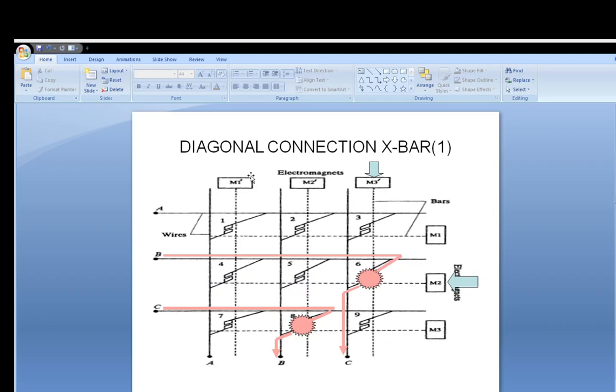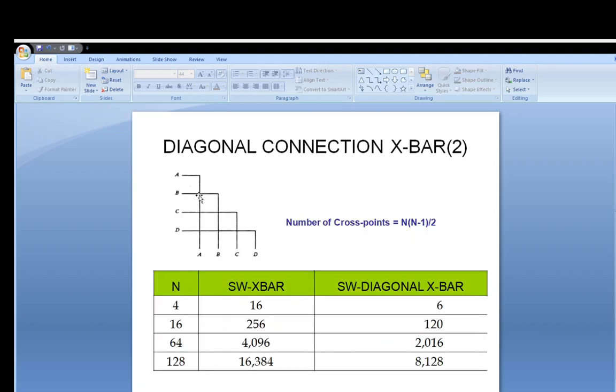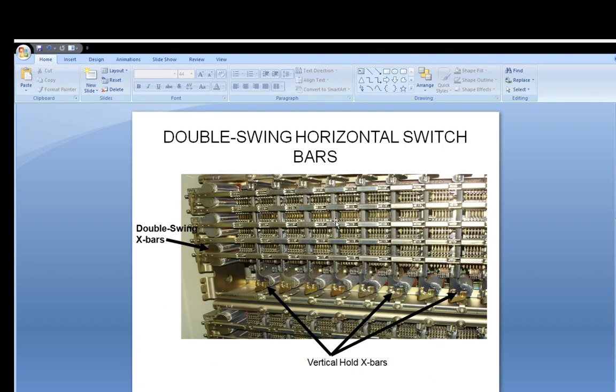One more point to be discussed, that we are going to discuss with the help of this figure. The same as we have discussed, there is a connection between B and C, and there is a connection between C and B. For the connection between the same subscribers, the switches are changed. So these are the drawbacks, and these are removed with the help of some thumb rules and some changes in the switching system.